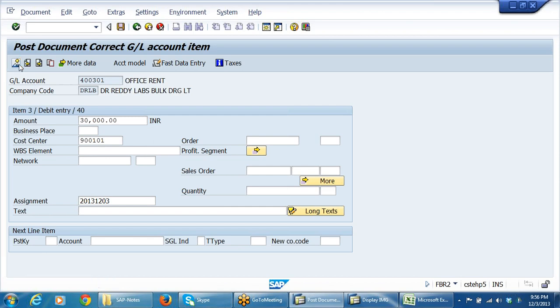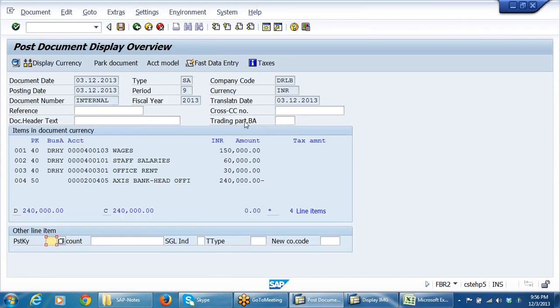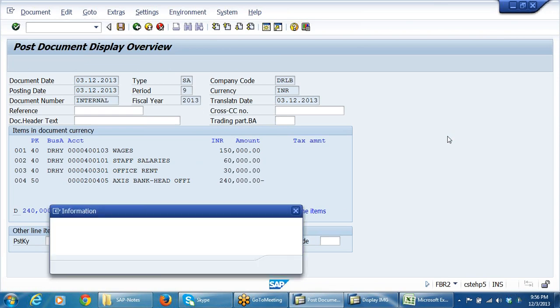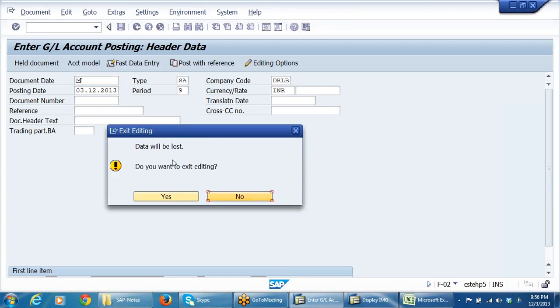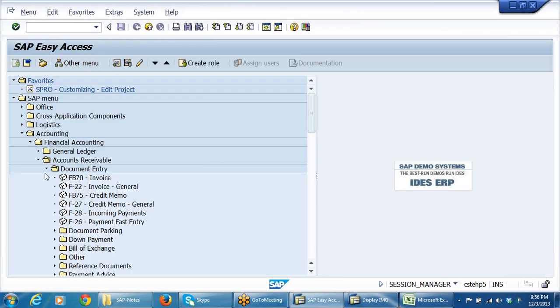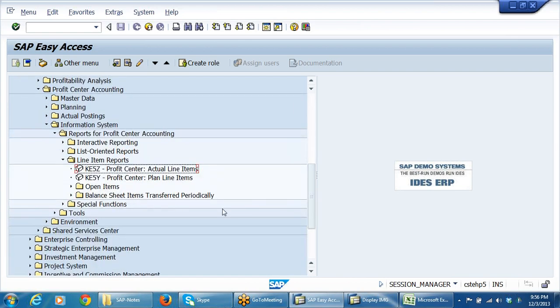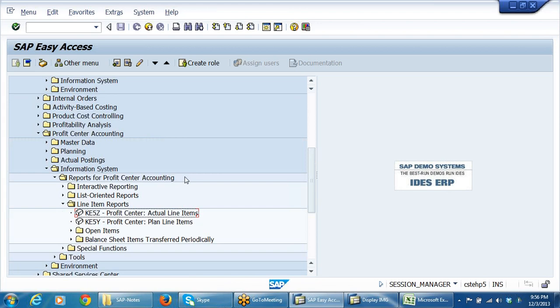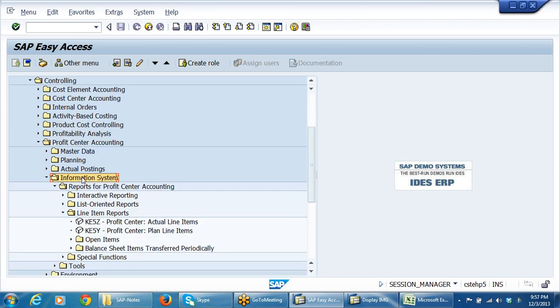Two lakh 40,000. Save it. Right. So we have posted now costs into the cost center and revenues to the profit center. Now let me check my report. So report checking: controlling, profit center accounting, information system,